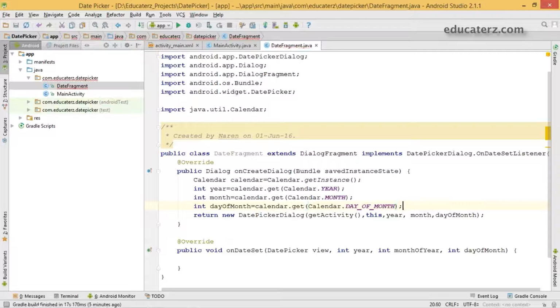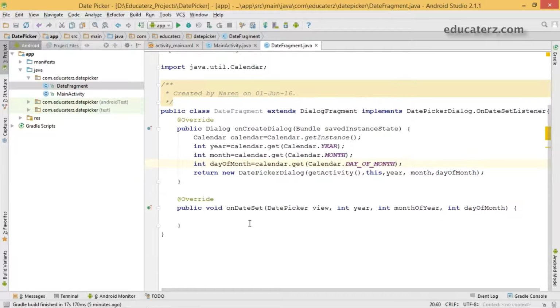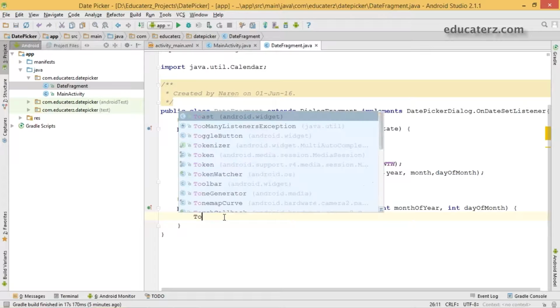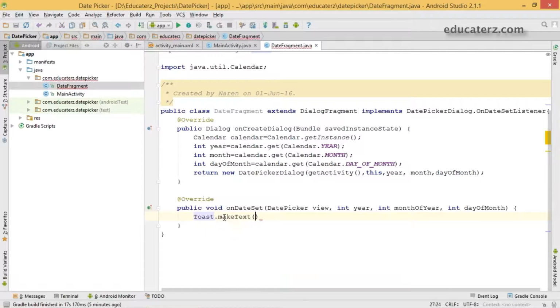Now here in on date set, you are going to listen to the date. That's it. So make a toast. Toast dot make text. The context is as usual get activity. The next one is the date is, so concatenate.